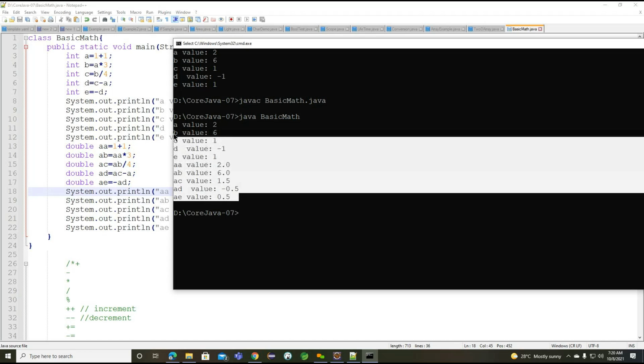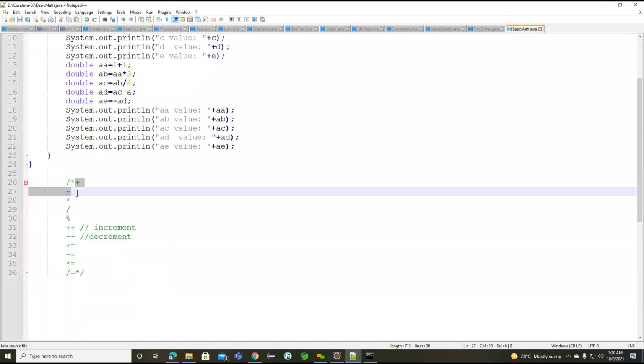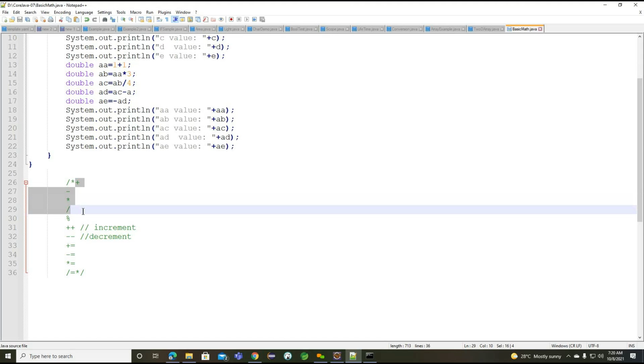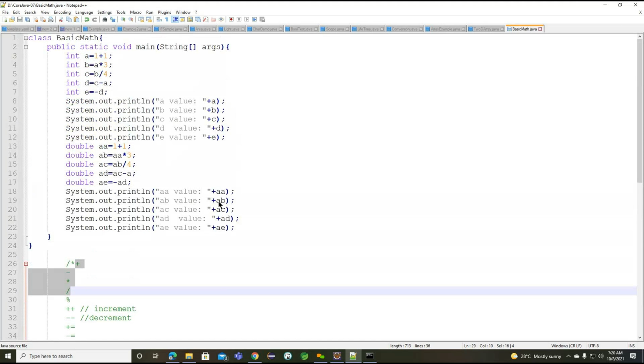Getting the point. So we need to understand the int data type as well as the double data type here. Now we'll try to work on the modulo operator. So these basic arithmetic operations we have identified. So far, these are the 4 operators we implemented with the help of different data types. Now you can work with the remaining data types, like byte, short, long, as well as float.